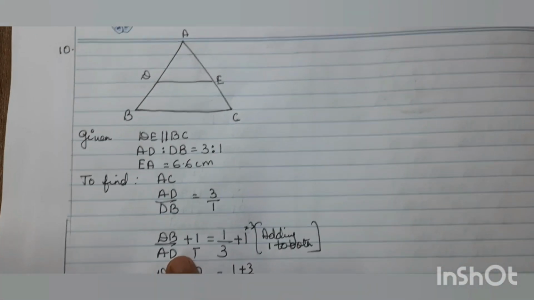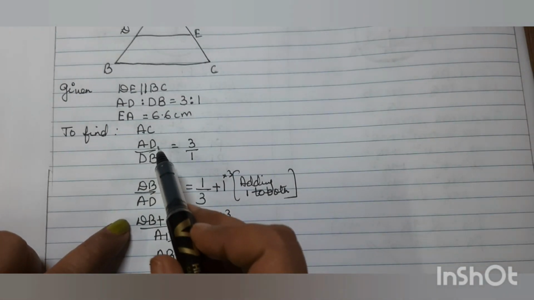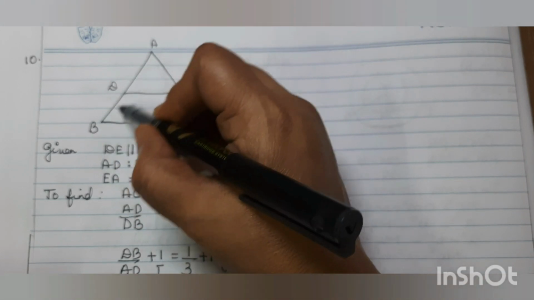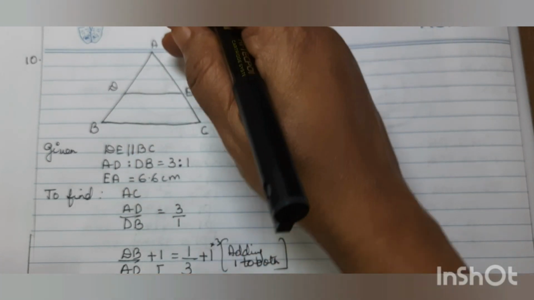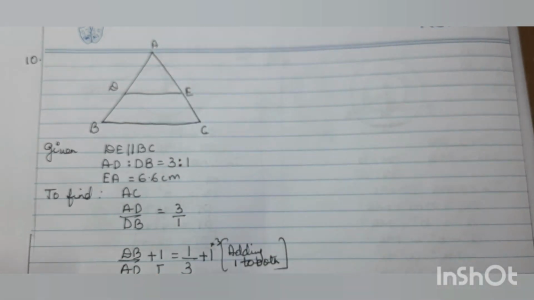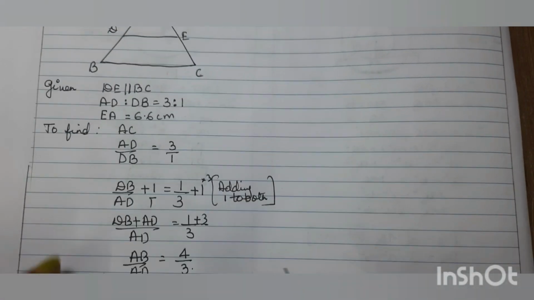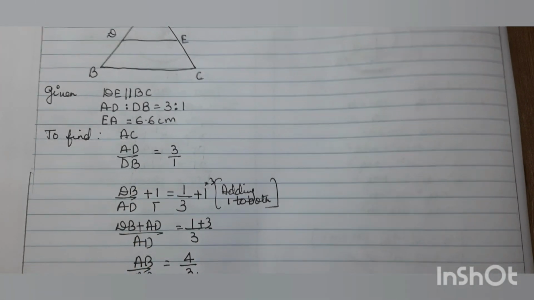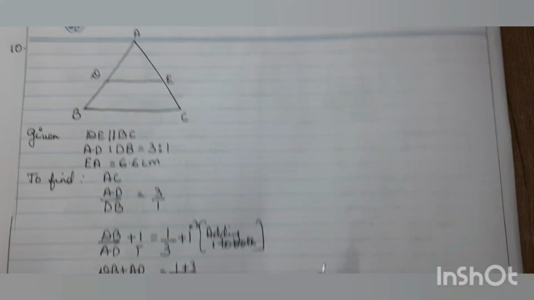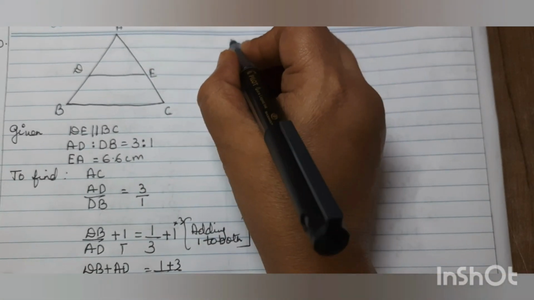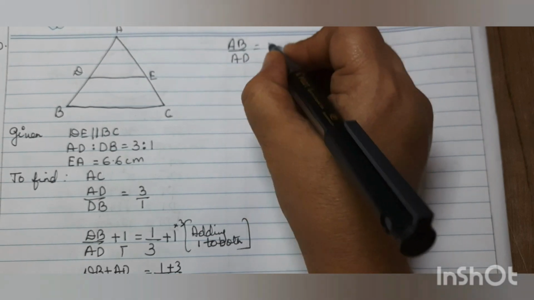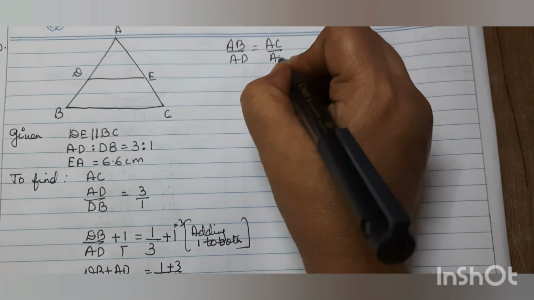Now why I took the reciprocal here is, if I add up directly plus 1, then I would have got AB by BD. But we have to find AE, so AD by AE will come correctly proportional. So I had taken the reciprocal over here. Now we got AB by AD is 4 is to 3. So when checked in the figure here, AB by AD will be equal to AC by AE.